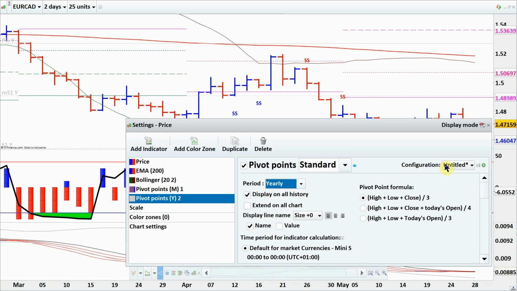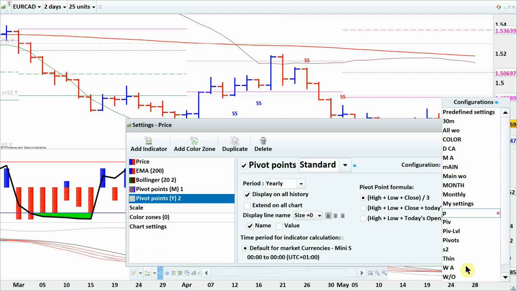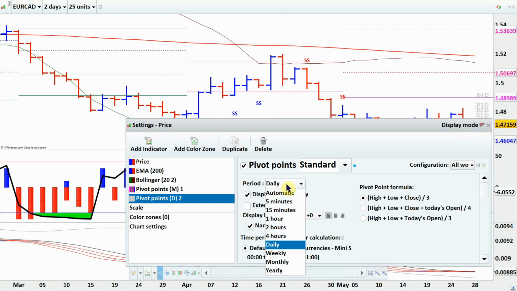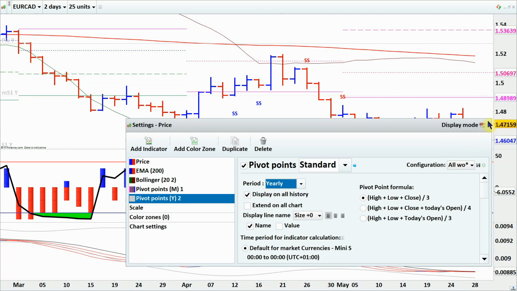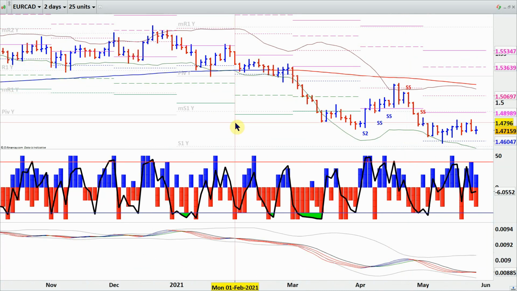So if you select yearly, then you can set your settings. Which one do you want? I want all of them, and then make it yearly. So what will it tell us? It will tell us yearly mid S1, yearly S1, yearly mid R1, yearly pivot, and so on and so forth. We still have the monthly pivots, as you can see in front of you. So on top of monthly, we got yearly as well. This is a new addition from version 11.